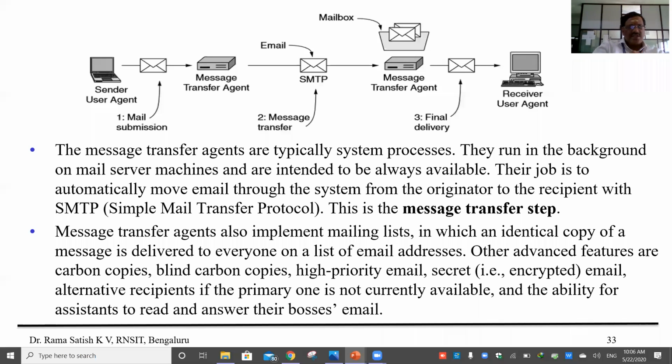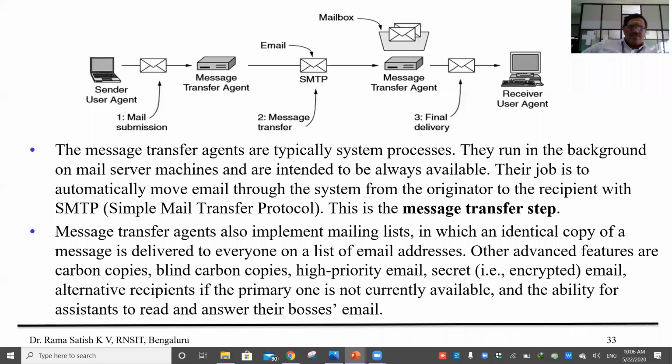Other advanced features are carbon copies and blind carbon copies. Carbon copy means the same copy will move. Blind carbon copy means he will get a mail, but he will not come to know whom it has been sent along with him. Suppose I have sent a mail to your CR, Jayant, Shashank, Nirup.